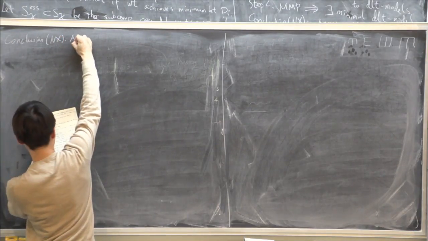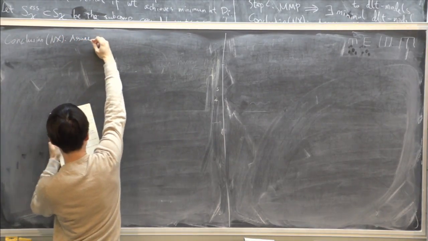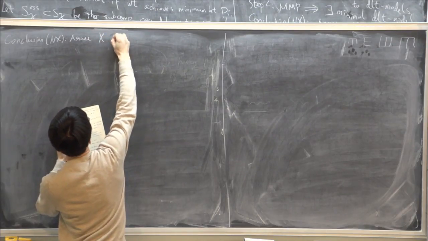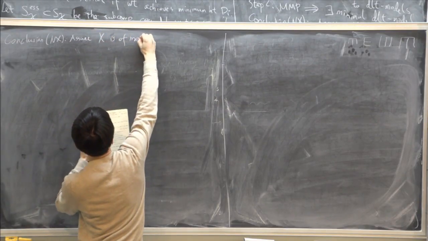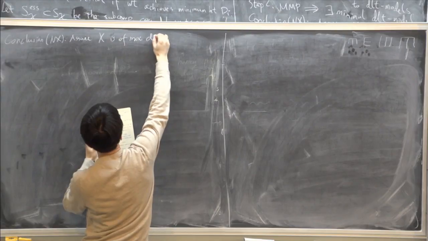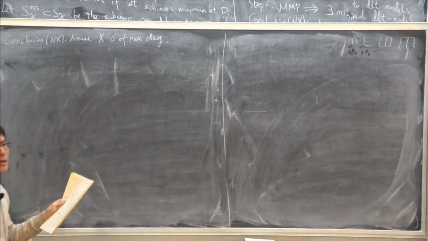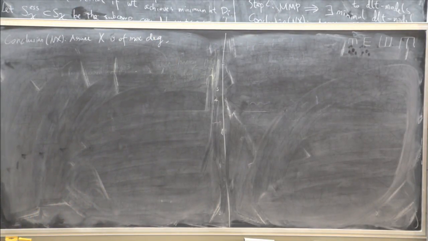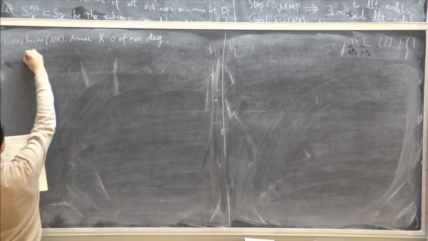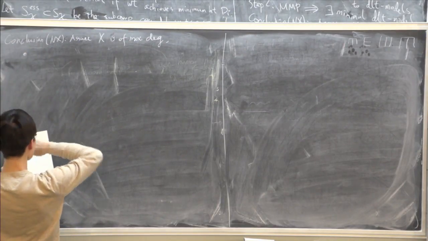So assume X is of maximal degeneration. I explained on Monday, it means that the monodromy operator is maximally quasi-unipotent. Yes, then first, one can show that